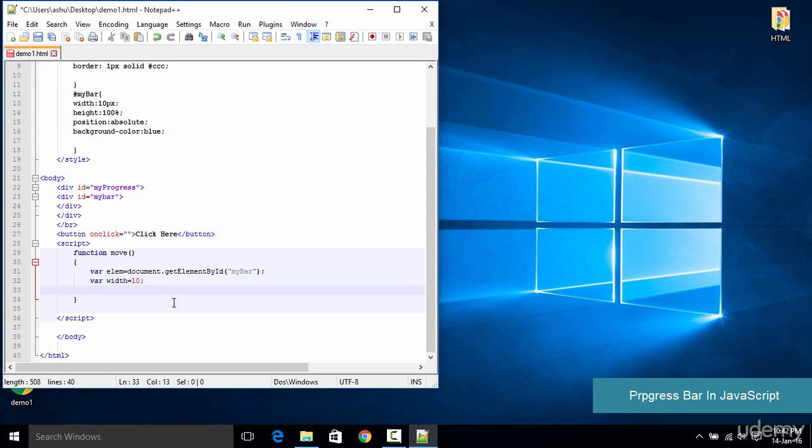So we type setInterval, and to this we are going to pass a function name and then give a comma, and then let's say the time interval is 10 milliseconds, as this accepts the time in milliseconds. So we specify 10 here, and also we want to save this value into something. So let's say we want to store it in a variable called ID. So we type var ID equals